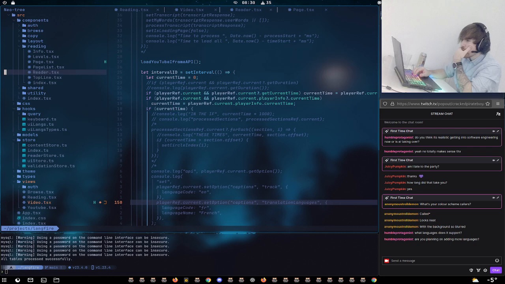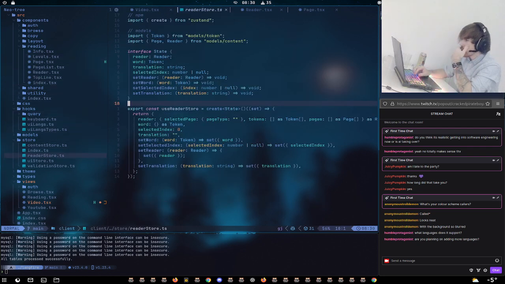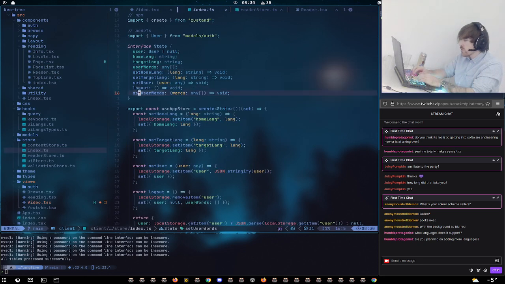I know I'm on my time now, but let's have a quick look in the reader store. When it sets the user words, no, it's the index. Set user words. Words is an any array. But what do user words come back as? They need to be stored by language, so this needs to be a map of all the languages and then an array of words.